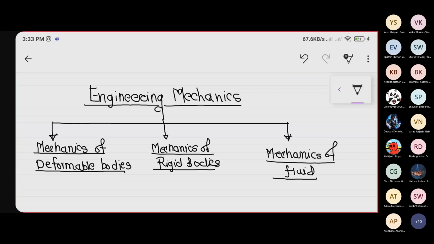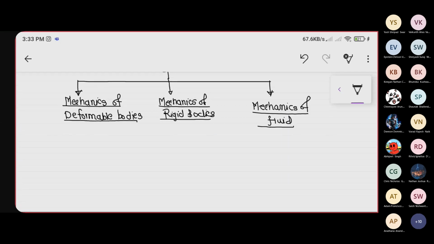First is a deformable body. That means you take any material which is deforming, that means changing its shape and size, when you apply a force or do some work on it. Whatever deformable bodies are there, if you want to study them,